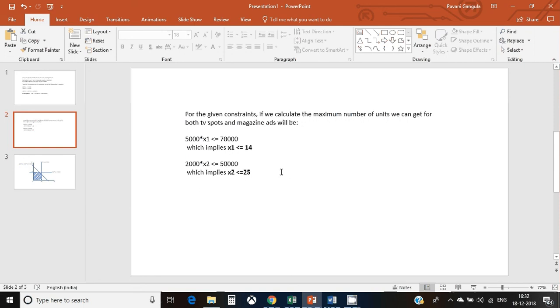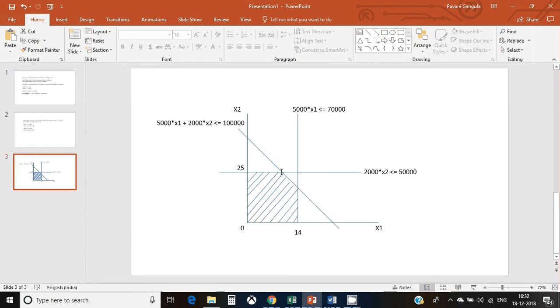If we try to represent all the three constraints in a graphical form, we may get a solution which is similar to this. The first constraint, that is 5,000 x1 less than or equal to 70,000, may be represented with this vertical line. From this equation, we will understand that x1 cannot go beyond 14 units, so the region towards the left is the feasible region for